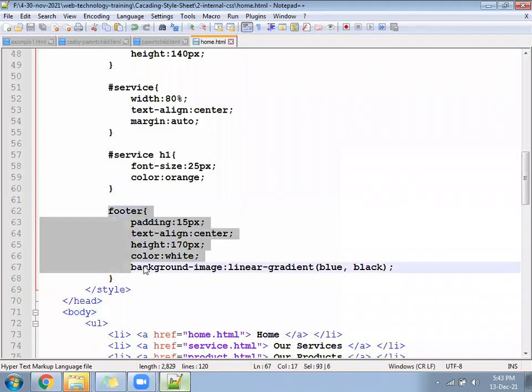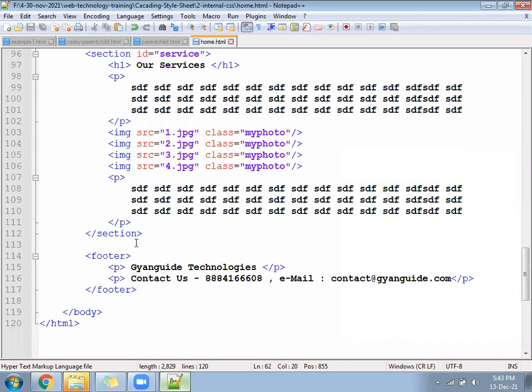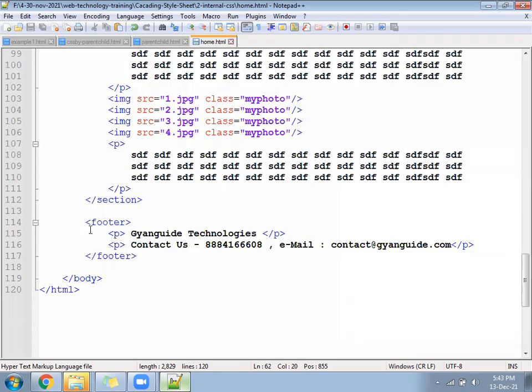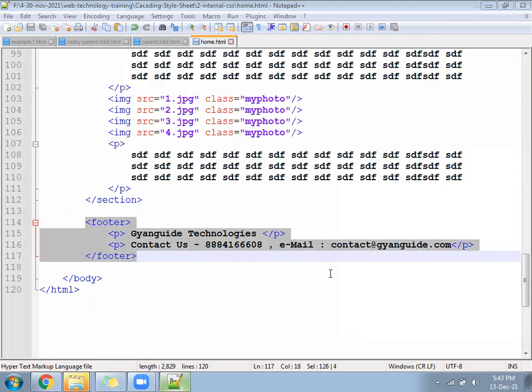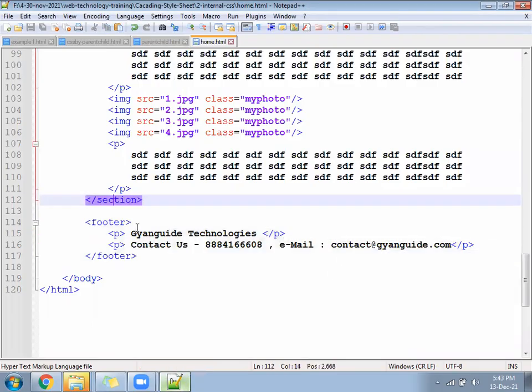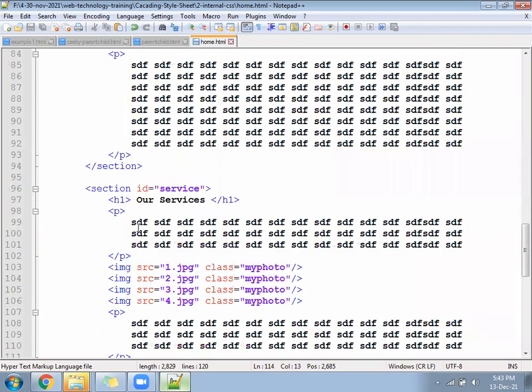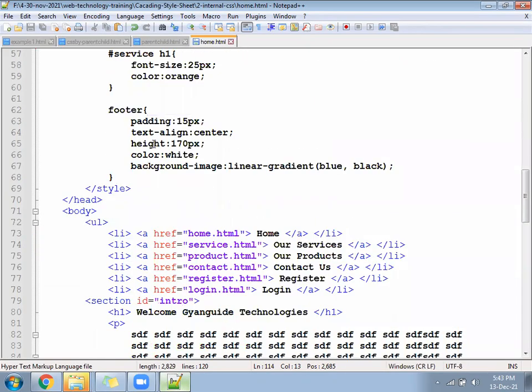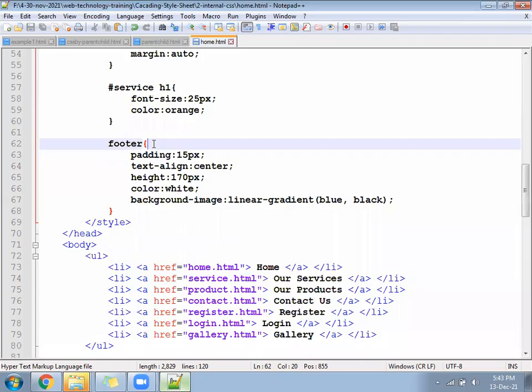This much is the footer code. This is the HTML code. Let's check that. So this home file is ready. Now we'll work on the next file.